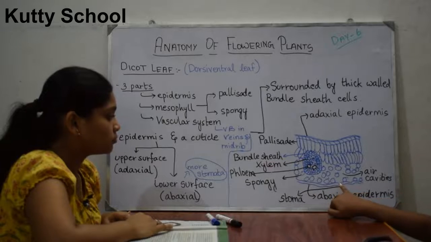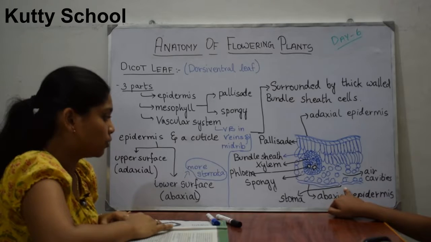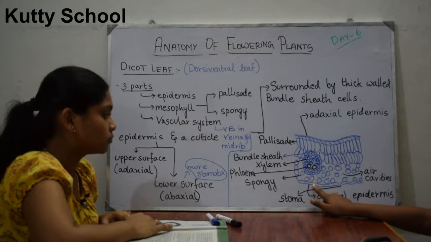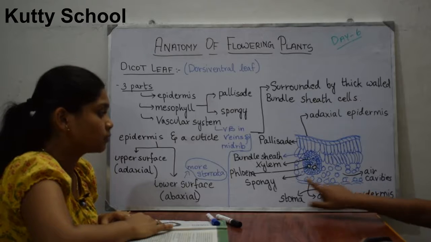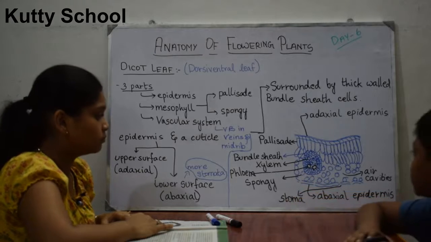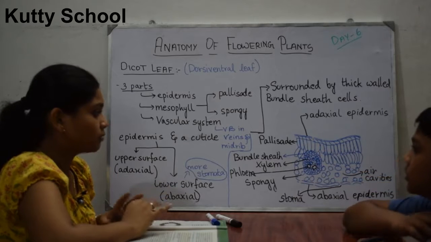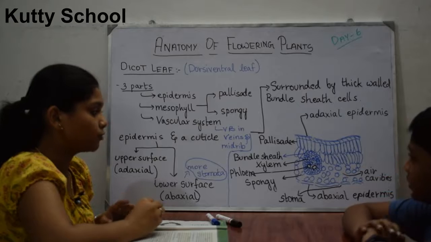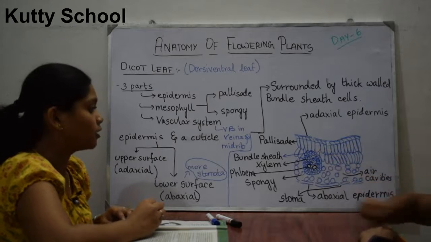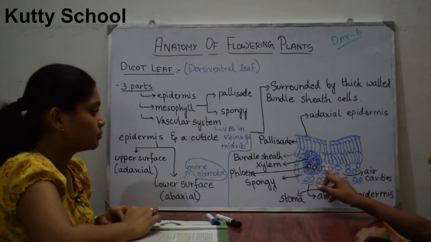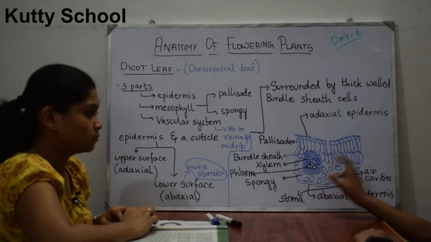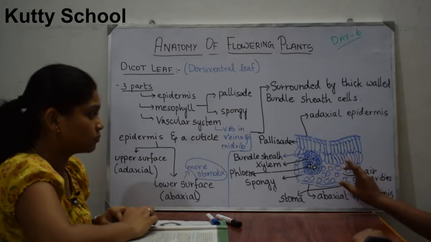So this is a stoma, and there will be stomata somewhere like this. In rare conditions, it will be like this. On top there will be no stomata, or only one or two, a few will be present in the dicot. So it is present under the leaf.